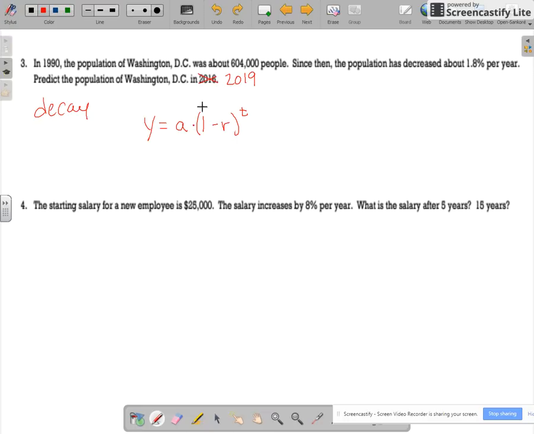Okay. So our A value is 604,000. Our rate, if we change that to a decimal, is 0.018. In 2019, so it started in 1990. So to find our time, we're going to subtract 1990 from 2019, and we get 29. So plugging in what we know, we get 604,000 times (1 minus 0.018) raised to the 29th power. When you type that in exactly as it's shown in your calculator, you get